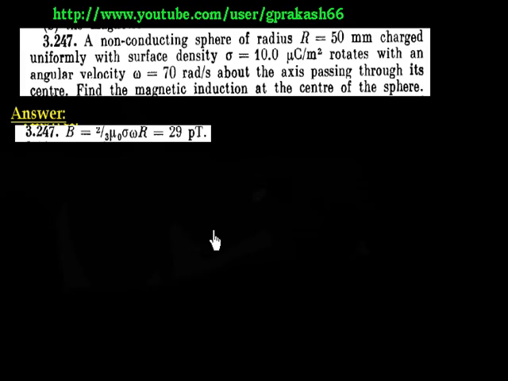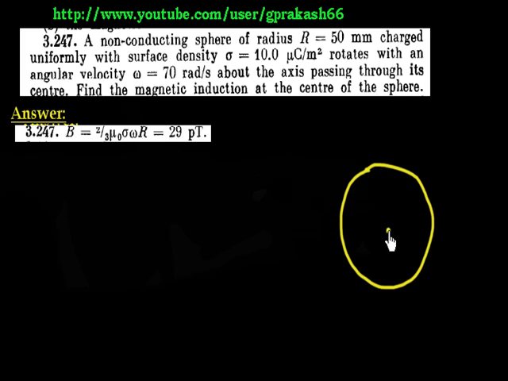Now this question is again finding the magnetic induction at the center, but this time we have a sphere, not a circle. For a circle, everybody knows the magnetic induction is mu naught I by 2r. This time we have a sphere, so let us say I have a sphere here. So this is a sphere that is given to you,